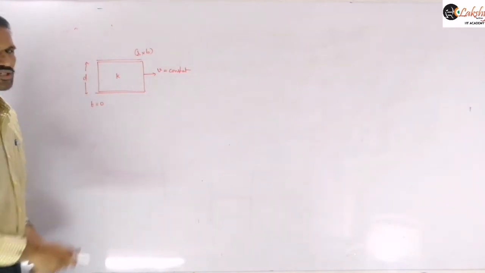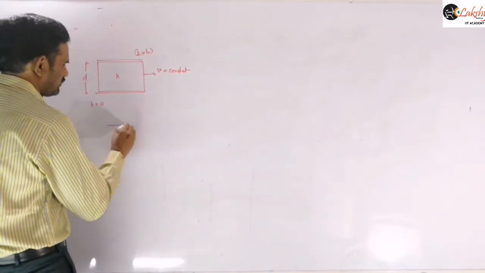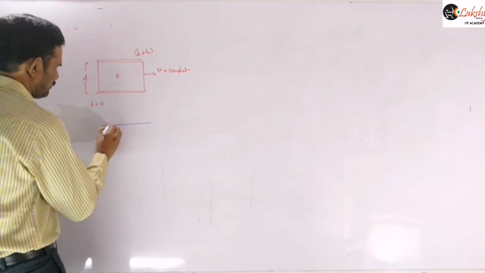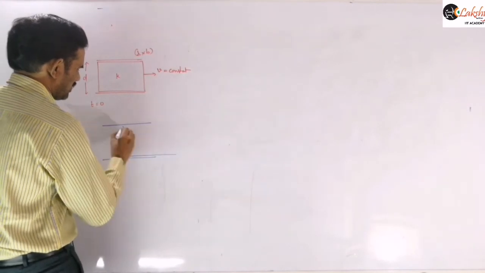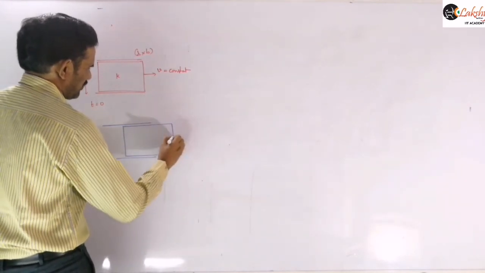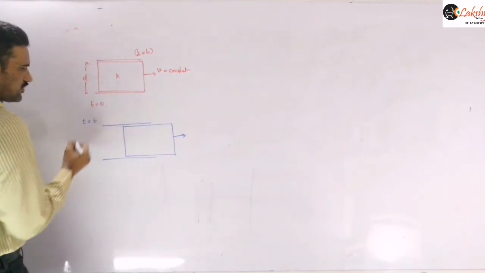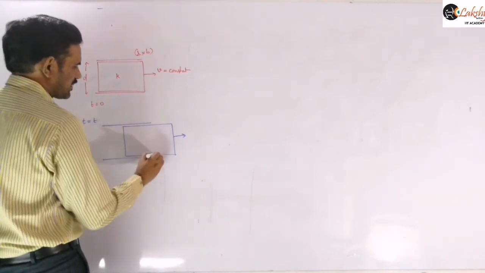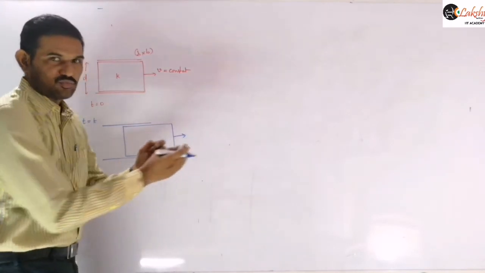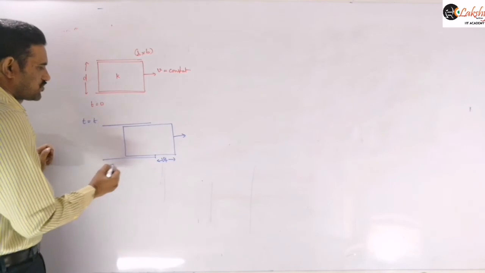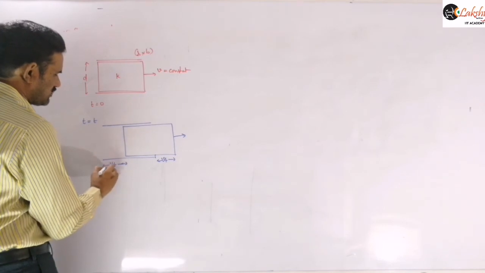Now let us consider the situation at some instant of time. So some part is already taken out, some part of this dielectric is already taken out. This is at some time t. How much part is taken out? This distance we can write as v into t, because it is moving with the constant velocity v. This distance up to here is v into t.